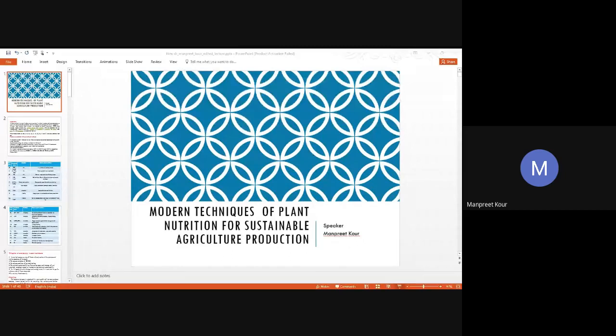If we talk about these slides, we have seen the available form of these nutrients and their mobility. If we talk about the mobility of NPK, they are very mobile. If they are very mobile, then their deficiency